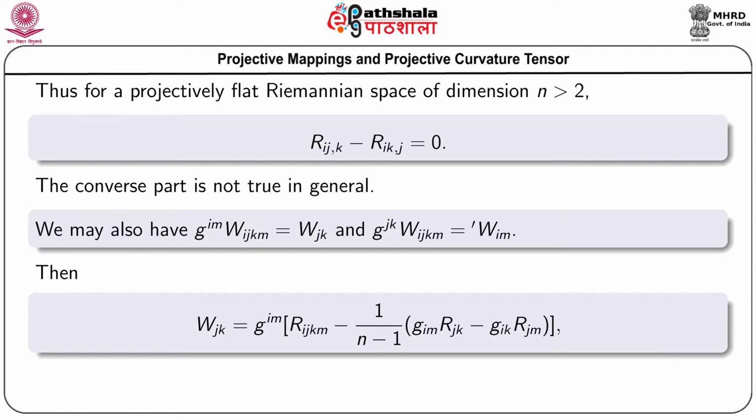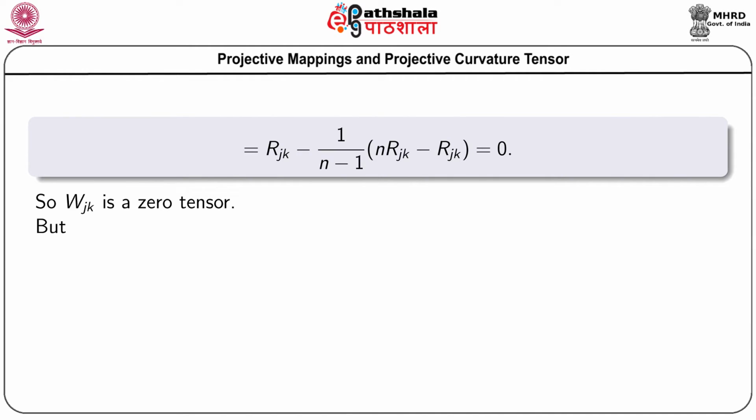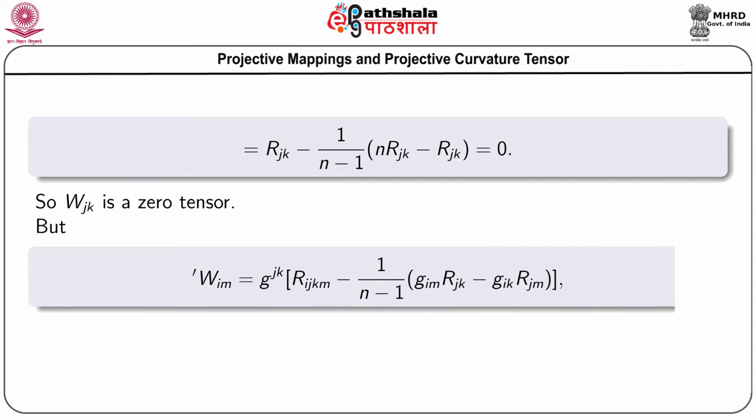Then from the expression of W_{jk}, we have this one, the inner product of g_{im} with the 0 4 tensor W^i_{jkm}, we have this expression, and this becomes 0. So, W_{jk} is a 0 tensor, but this W'_{im} is equal to g^{jk}